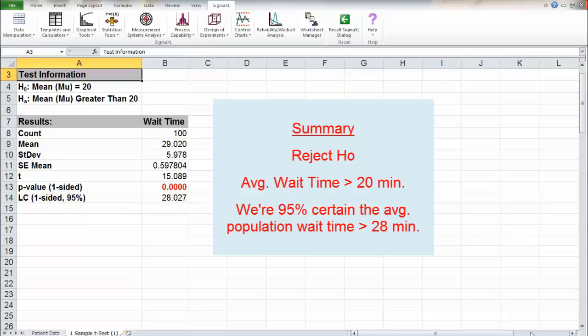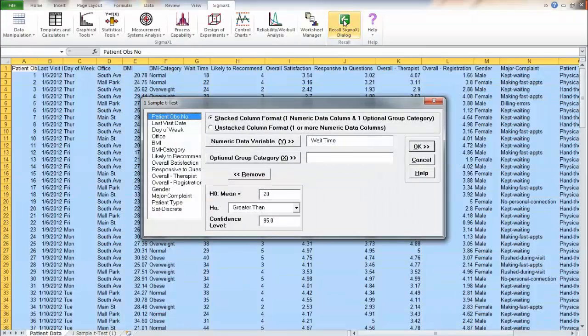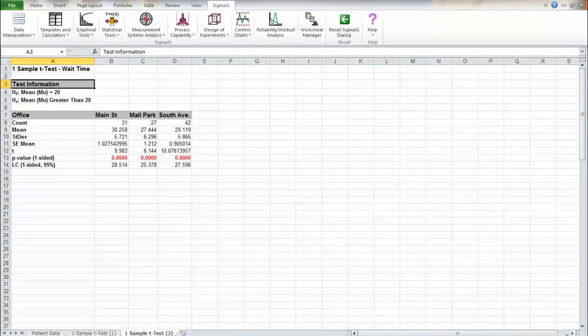So in summary, we can say we reject the null. Overall wait time is indeed greater than 20 minutes. In fact, we're 95% certain it's at least 28 minutes. The other challenge was to see if this varies by office. So we recall our last dialog box, and where it says optional group category, we're going to select office. We leave the rest of this the same, and when we punch OK,